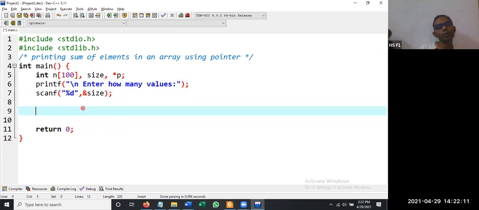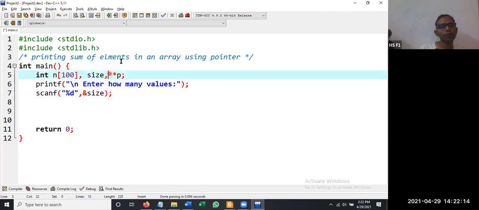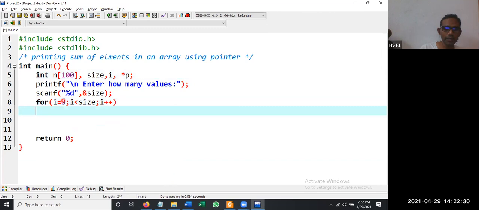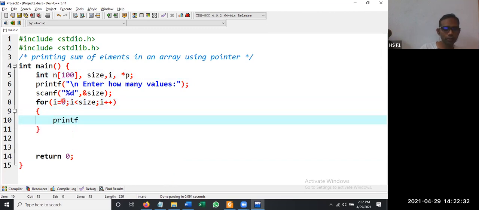Now we are having an array to be accepted. So we are going to use one more variable called i, because we are going to use the loop to move from 0 to the size location. So for i equal to 0, i less than size, i plus plus, printf \n enter value at n of %d comma i.